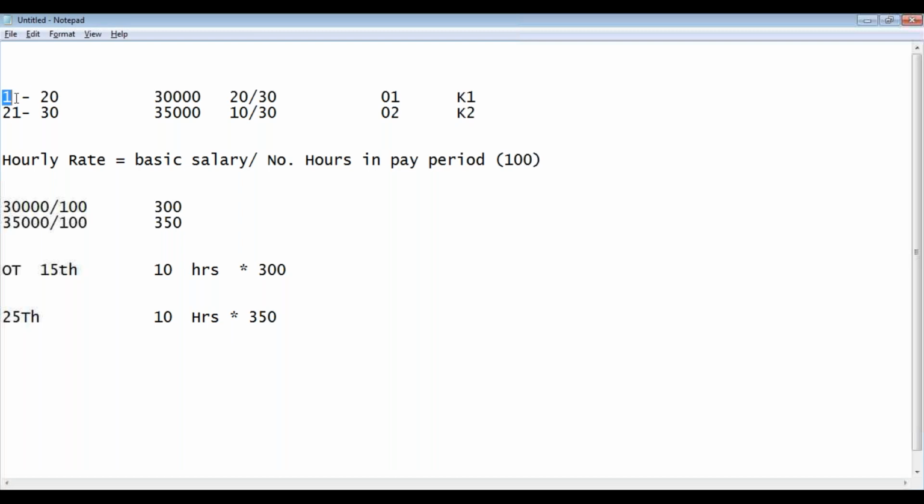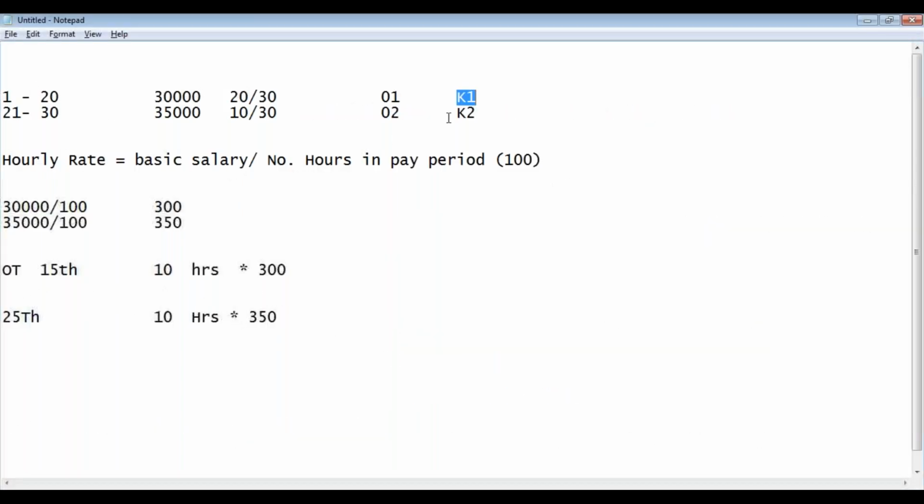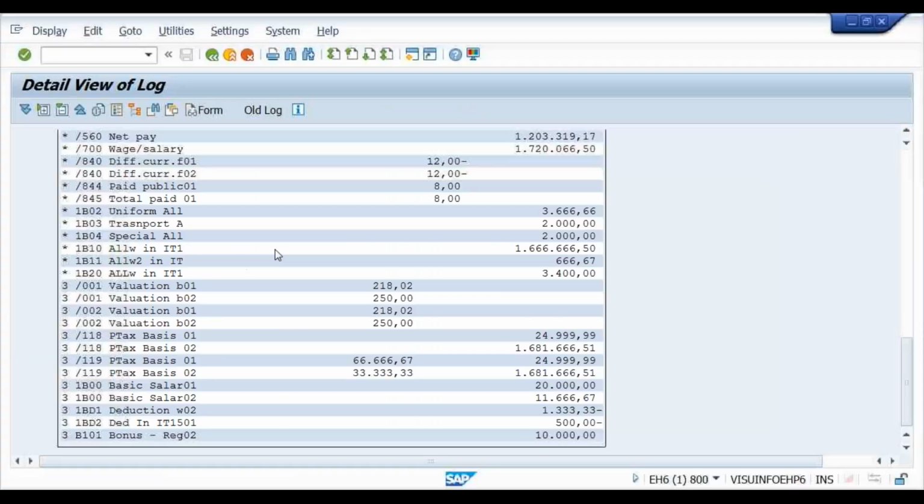So the cost during this period should be debited to this cost center while you are executing the posting to finance. After running the payroll, what is the next activity? Posting to finance, right? After banking, there is an activity called posting to finance. While running the posting to finance, the first partial period cost and the second partial period cost should be debited to their respective master data cost centers. Look at this in WBBP.